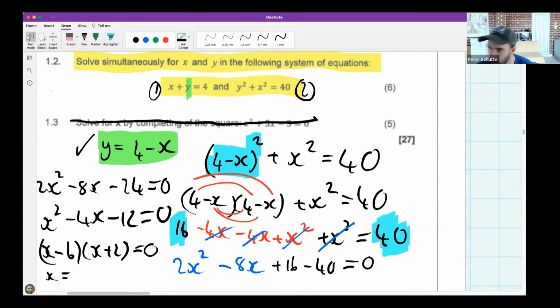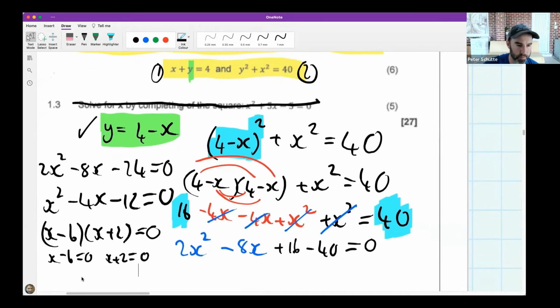You should get an answer of 6. In fact, let me even show you how I split this. So x minus 6 is 0, x plus 2 is 0. And then x is 6, or x is minus 2. Now, if you use the formula here, you should have got the same answer. However,